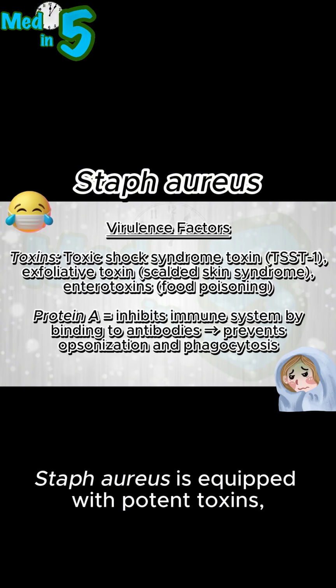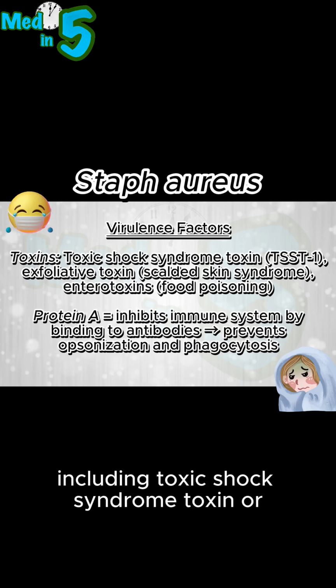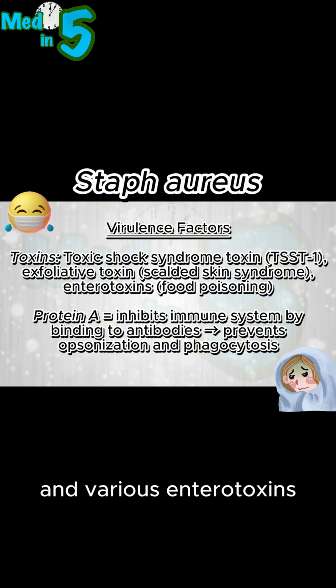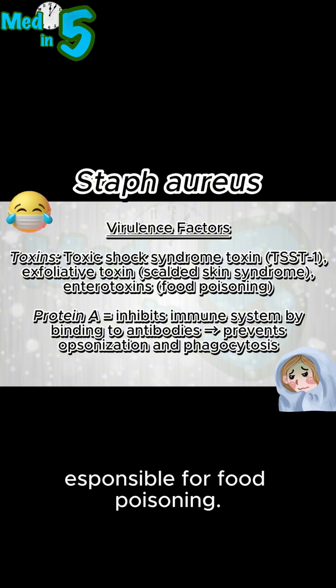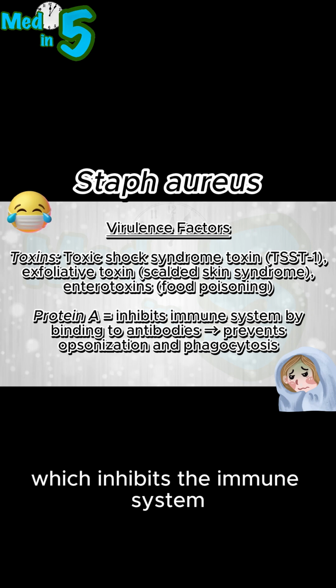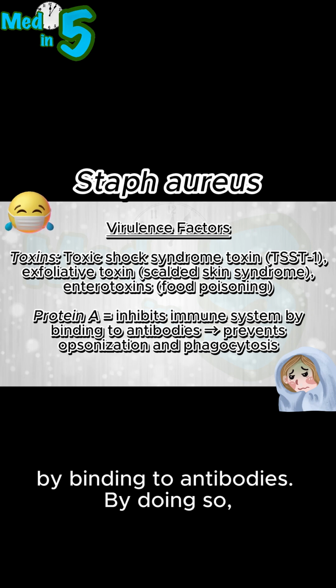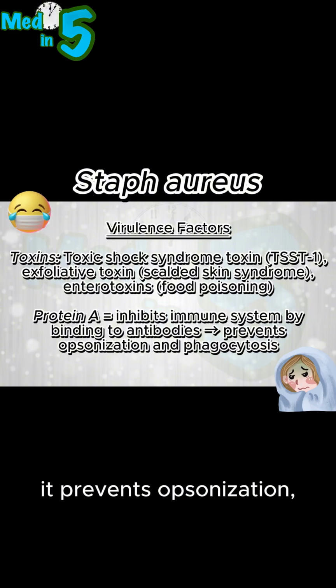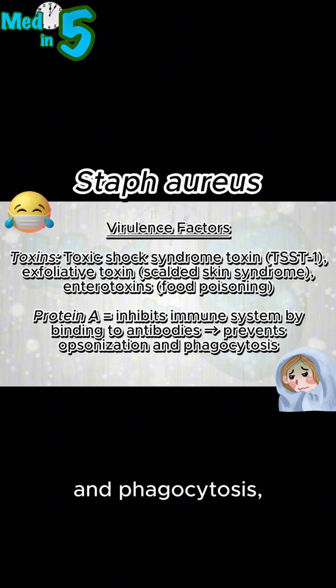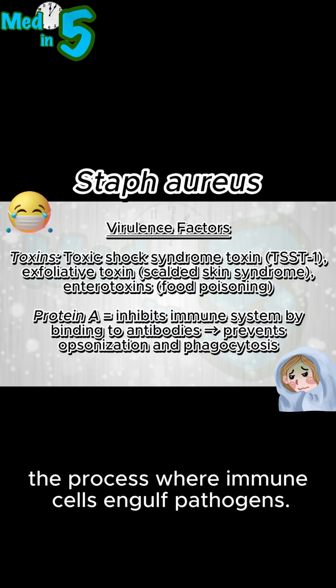Staph aureus is equipped with potent toxins, including toxic shock syndrome toxin, or TSST-1, exfoliative toxin which causes scalded skin syndrome, and various enterotoxins responsible for food poisoning. Staph aureus also makes protein A, which inhibits the immune system by binding to antibodies. By doing so, it prevents opsonization, where antibodies mark microbes for destruction, and phagocytosis, the process where immune cells engulf